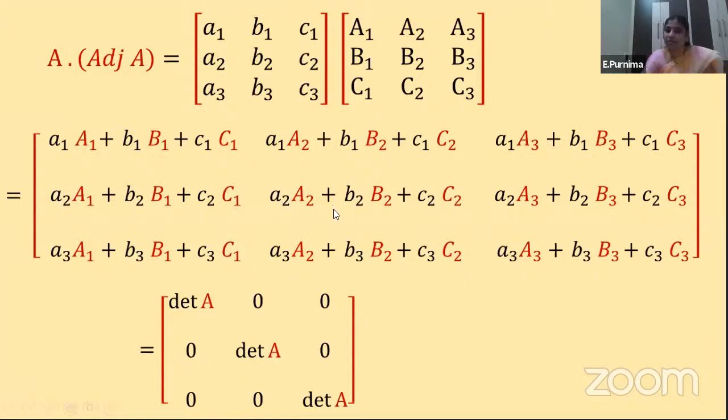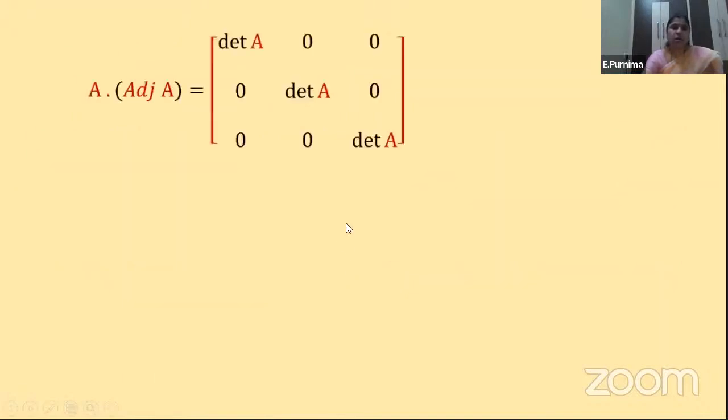Here again, the same elements are multiplied with their own cofactors. So it is determinant of A. And it is 0, and it is 0, it is 0. And here again it is multiplied with its own cofactors. So it is determinant of A. Understood, children? So now here it is A into adjoint A. This is the matrix that we got. Now if you observe, because it is not a determinant, it is a matrix. Understood, children? It is a matrix.